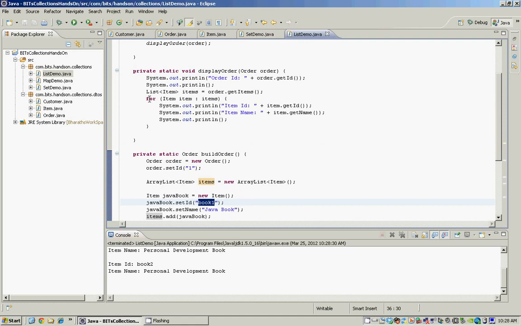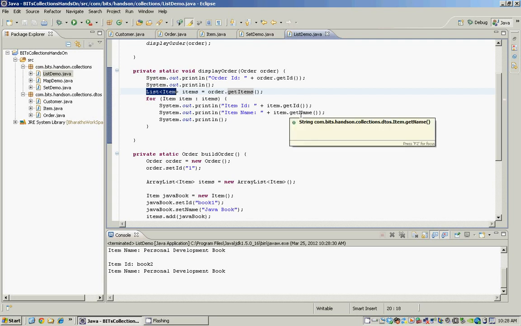the display method uses the for each syntax, or the looping statement, which iterates over all the items within that list and then displays the ID and name for a particular item.